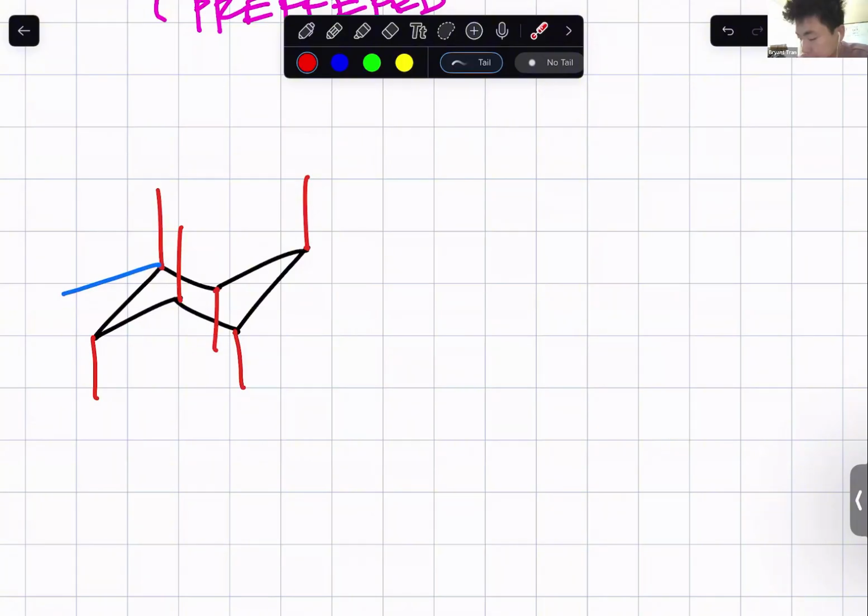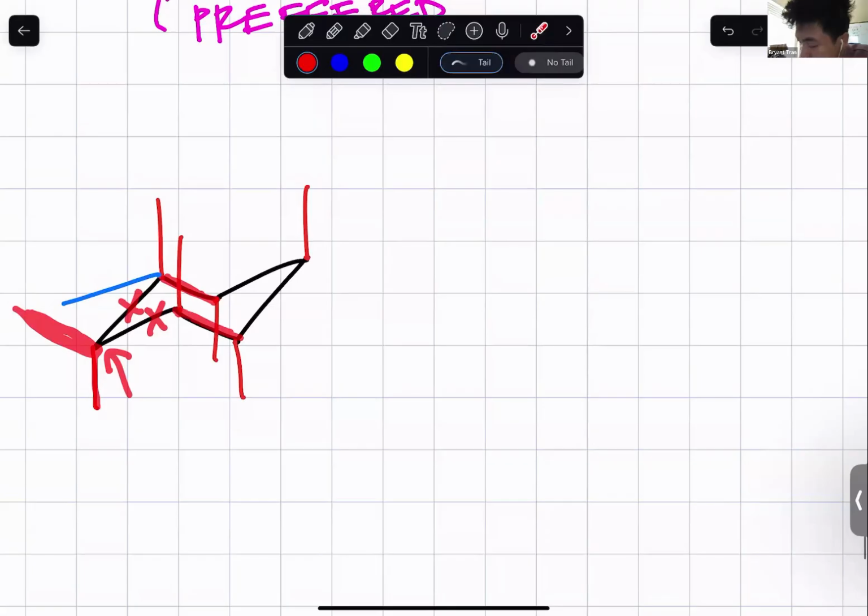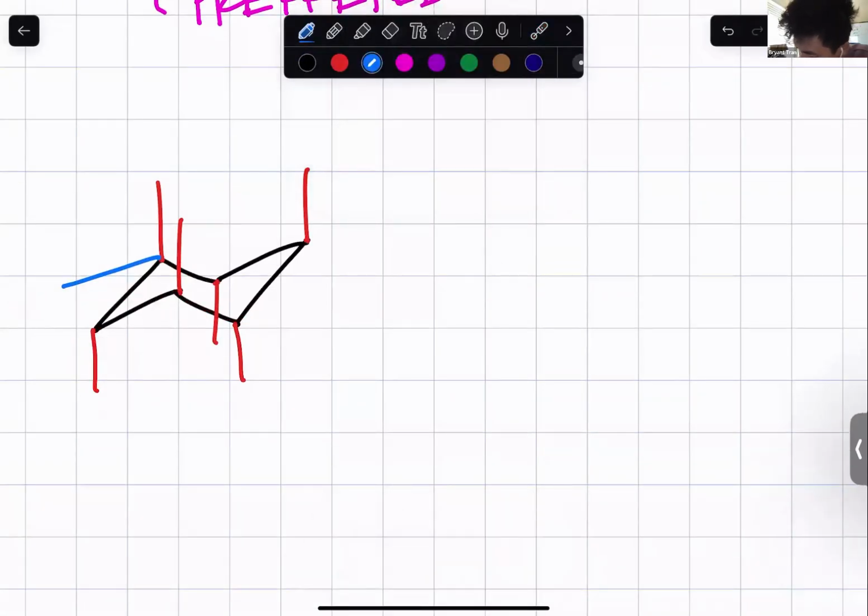Okay. Now let's do the same for this one. This carbon here has an axial bond that's going down. So the equatorial bond has to go up. To determine the direction of that, I'm going to ignore the first set of bonds, which is that bond and that bond, directly touching this carbon that we're interested in. Then we look at the next set of bonds, which is this bond or that bond. They're going to be the same direction. So we're going to draw our equatorial bond going up in that same direction, the same direction as this next set of bonds right there. Okay.